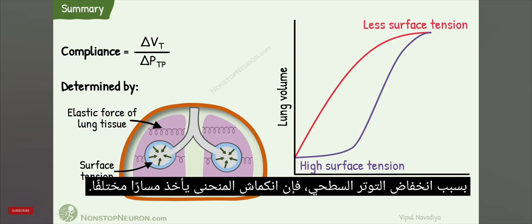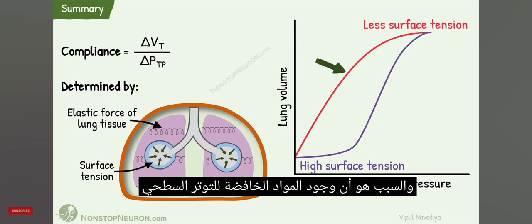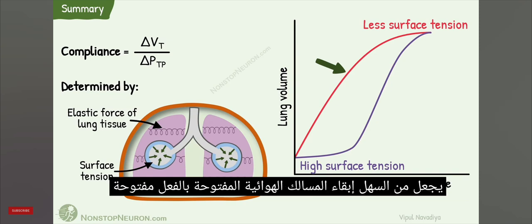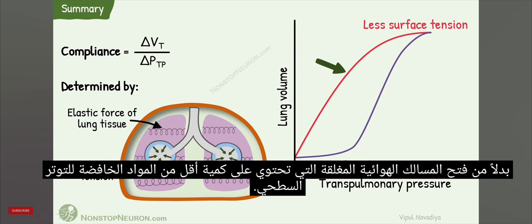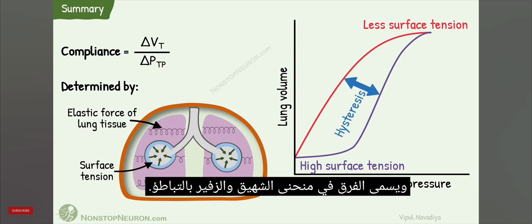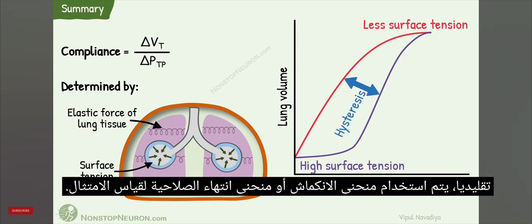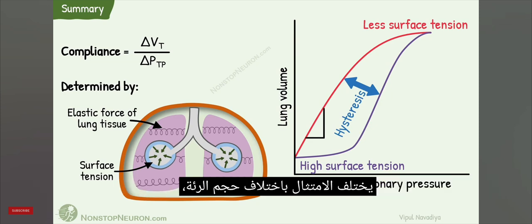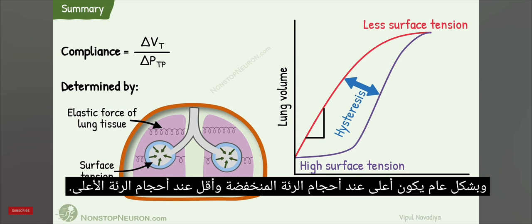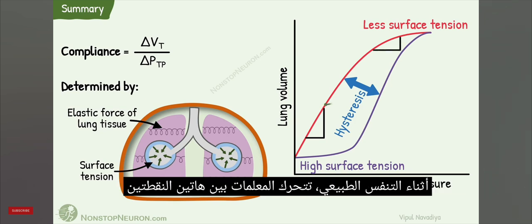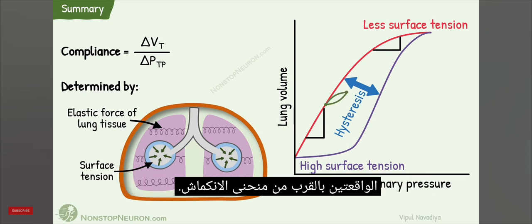Due to decreased surface tension, the deflation curve takes different route. The reason is presence of surfactants make it easy to keep open the already open airways than to open the closed airways which have less surfactants. The difference in inspiratory and expiratory curve is called hysteresis. Conventionally, deflation curve or expiration curve is used to measure the compliance. The compliance varies with lung volume, and in general, it's higher at lower lung volumes and lesser at higher lung volumes. During normal breathing, the parameters move between these 2 points located near deflation curve, and it exhibits